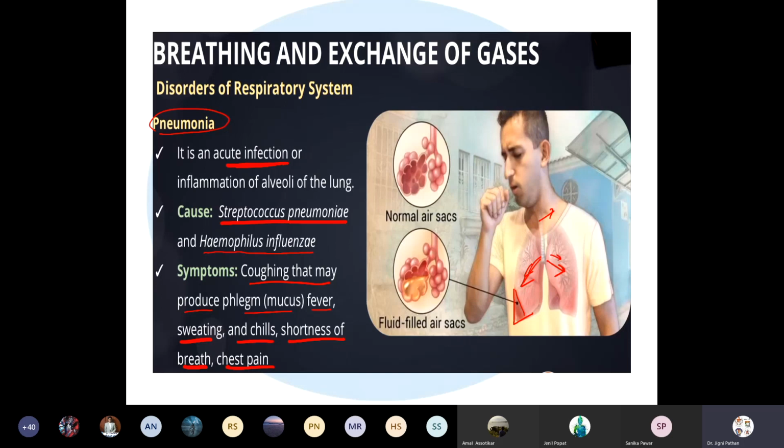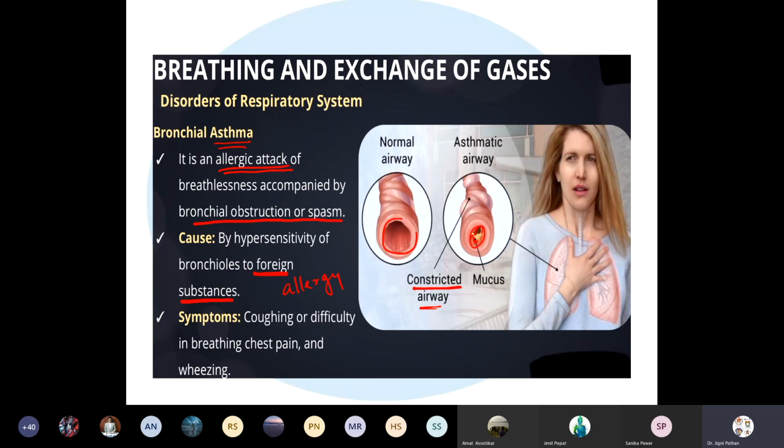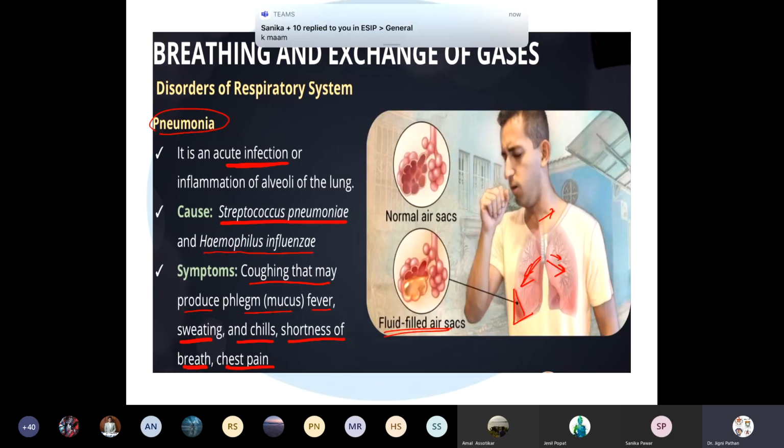But very important is that it affects the lung. You should know the alveoli are filled with fluid or liquid or mucus. Fluid is basically the mucus. Is it clear? The alveoli is blocked. In asthma, the airway is blocked. But in pneumonia, the alveoli, the gas exchange site, is blocked. It's a death-causing disease. It can lead to death if it's not taken care of.